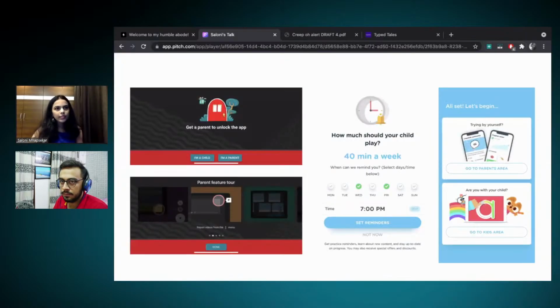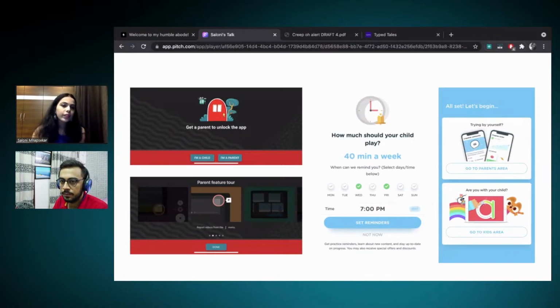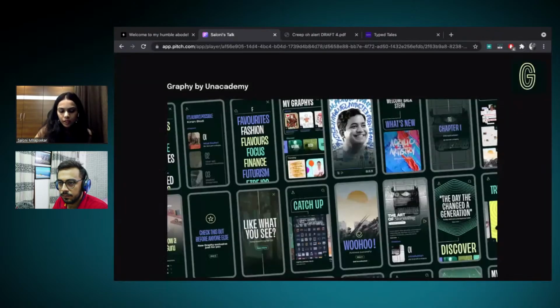So you would say, how is this adding benefit to me as a product designer who designs apps? Here are a few screen grabs from YouTube Kids and Lingokids. In YouTube Kids, you have this option in the onboarding where you have a child profile and a parent profile. The parent has more control over what features the child could see. So here's one example of the parent also being a stakeholder in this entire thing, and that is why you design for them as well. And Lingokids is about how much your child should play, giving parents this control. If we hadn't thought that parents are also part of this system, we wouldn't have come up with something like this.